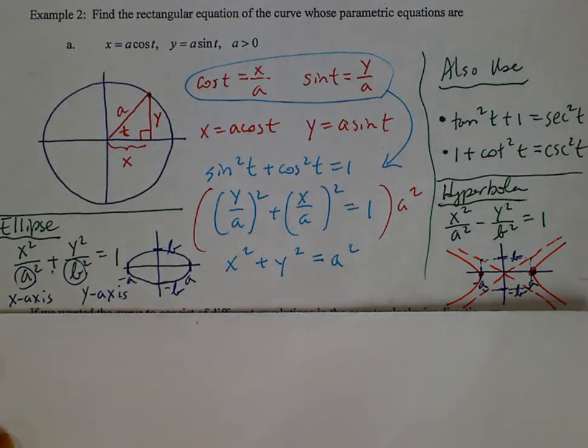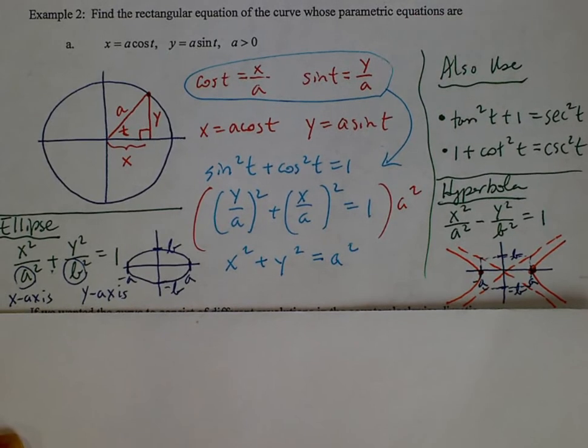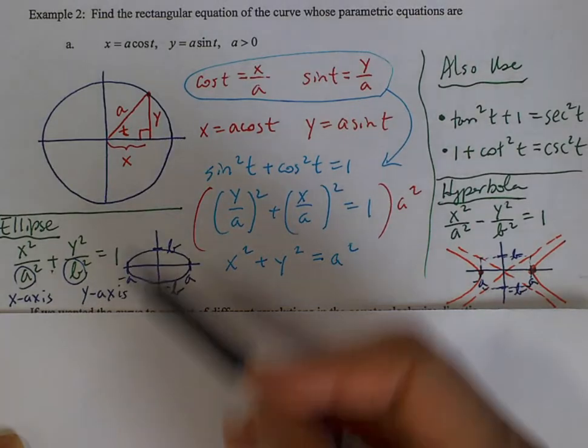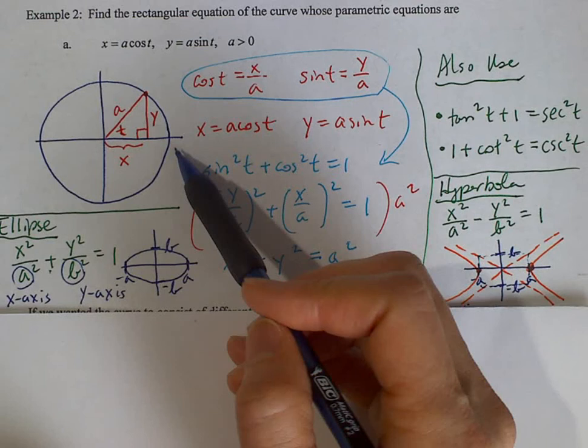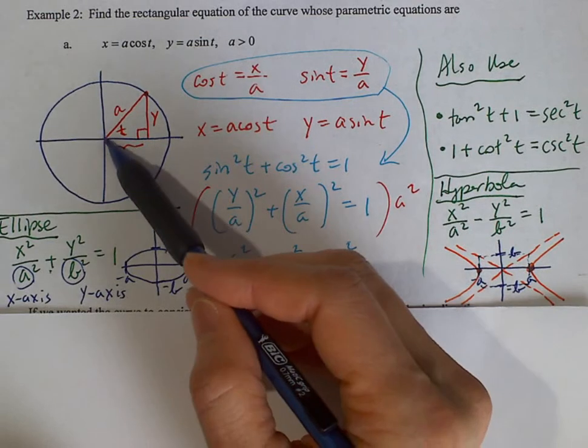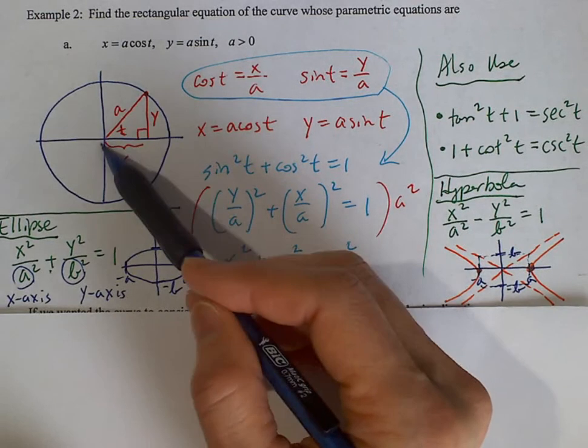This is page 2 of section 7.5 class notes, and I'm now doing example 2. It says to find the rectangular equation of the curve whose parametric equations are x equals a cosine t and y is equal to a sine t, where a is greater than 0. So I'm going to start off with our circle, and I'm drawing out the t angle,